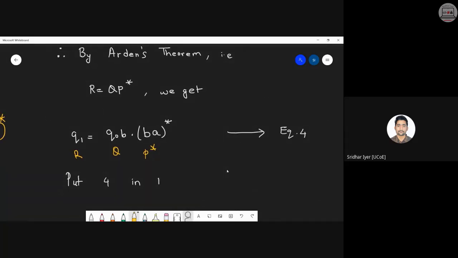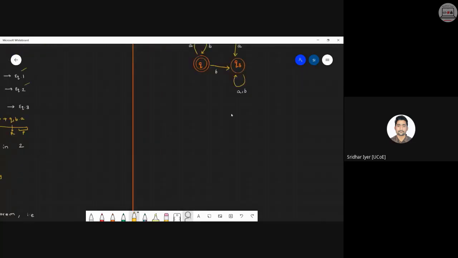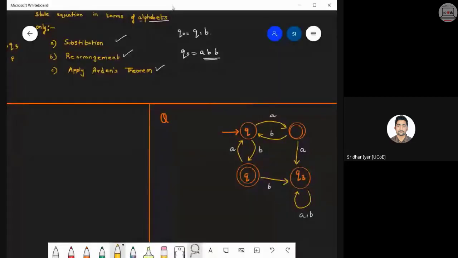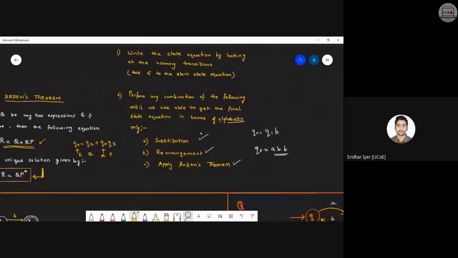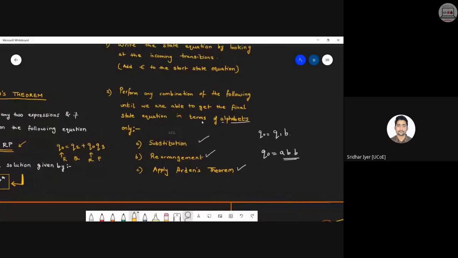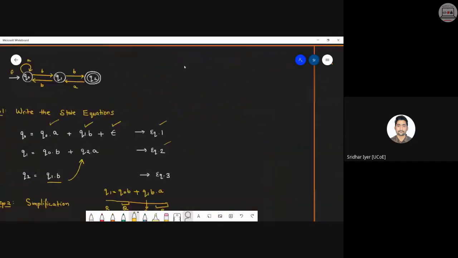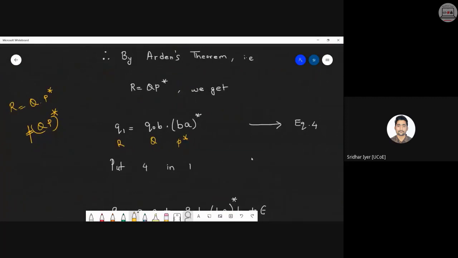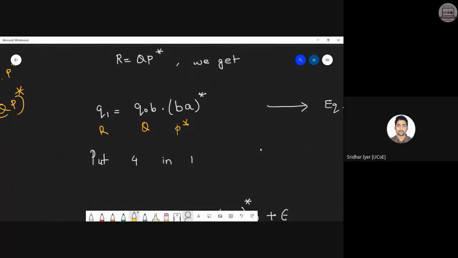So far, we have converted Q1 into an intermediate or temporary expression. But is the solution complete? Is the solution complete? Let me know. So far, we have just converted one of the expressions, one of the states. We are having total 3 states. And anyways, it is not complete. Why so? Because if you remember the very first theorem statement, it was mentioned that we need to do so and so operations until all the state equations are in terms of alphabets only, right? So over here, we are not having Q1 in terms of alphabets only. It is also having one more state Q0 in between. So we have to continue doing these operations until the states are converted to alphabets only.